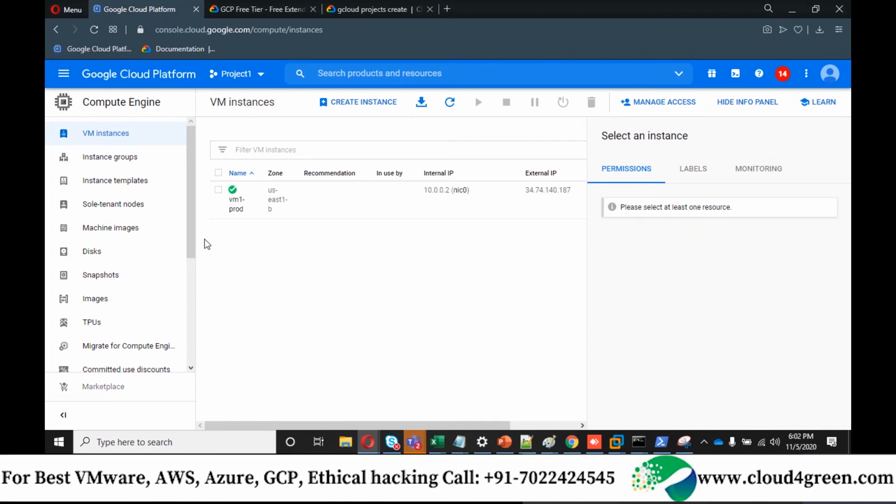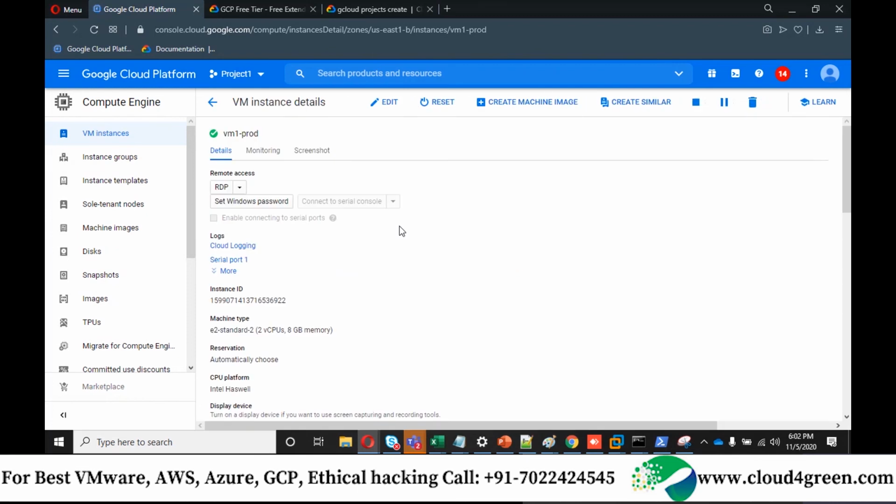Can you all do this now? You all can see that the Windows machine is being deployed.